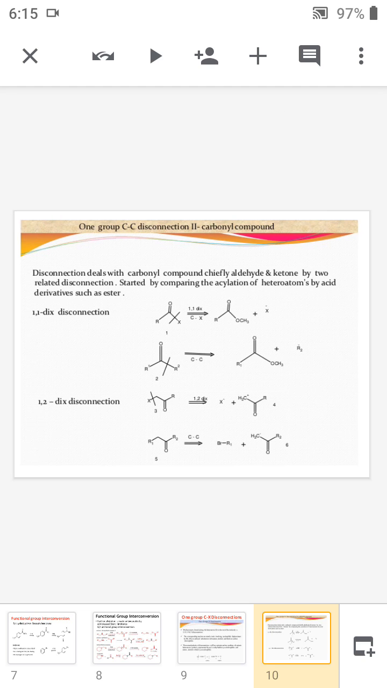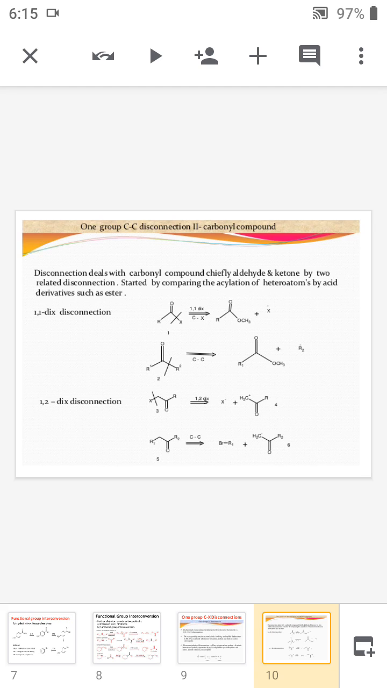Okay. Now, sometimes the functional group which is attached to the